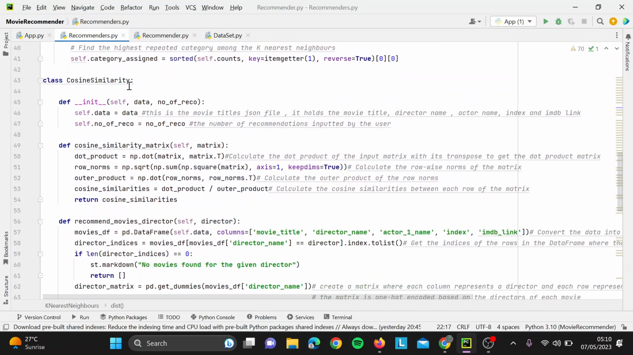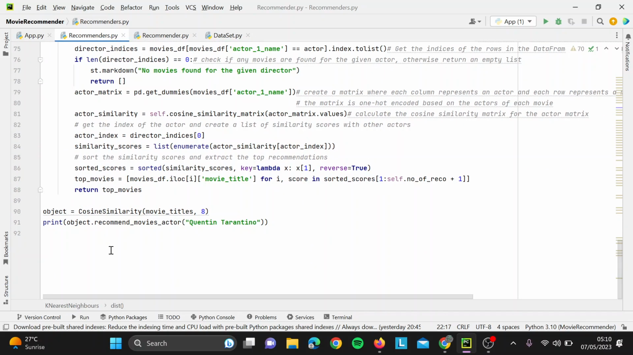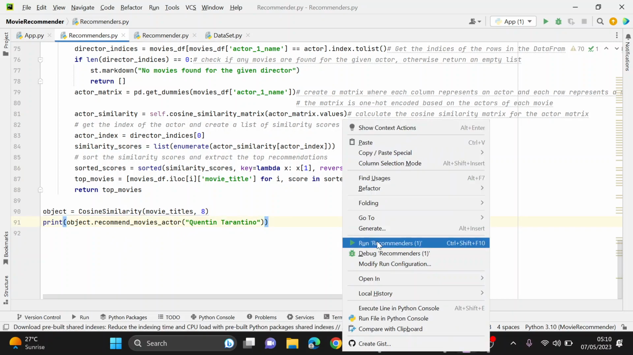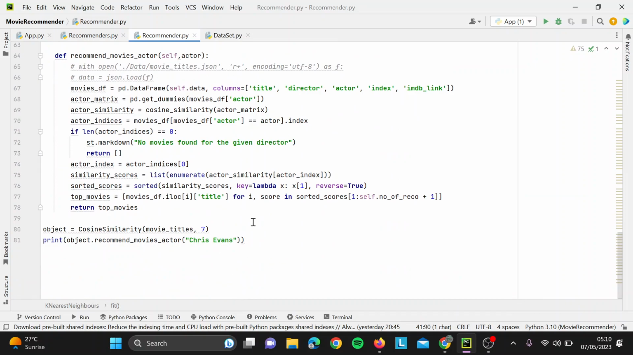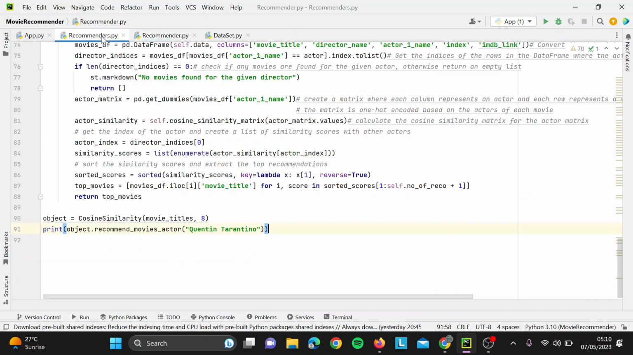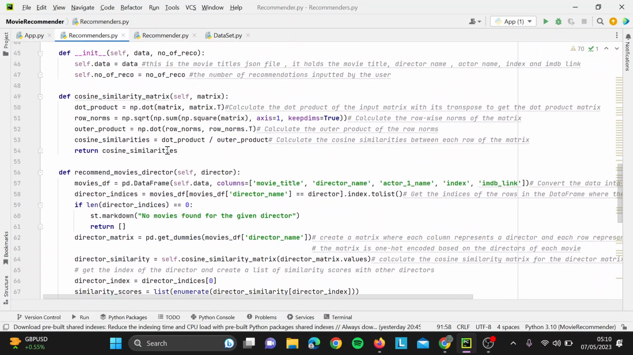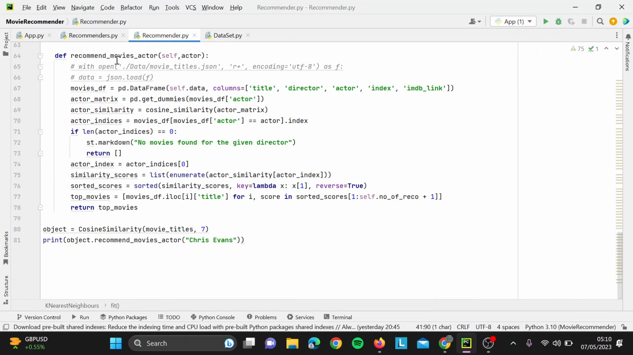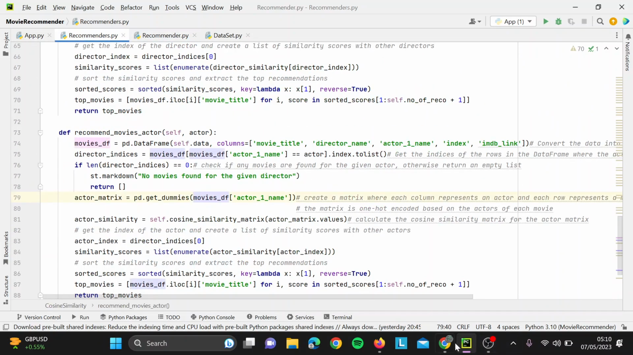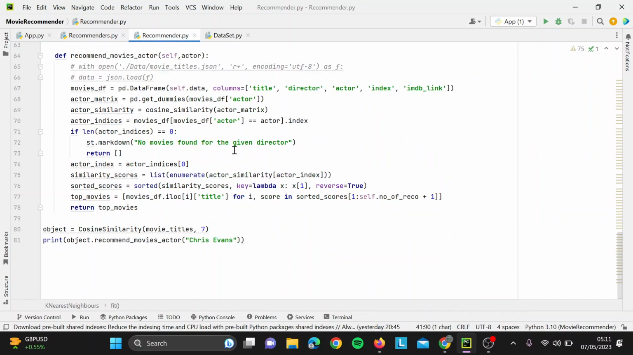But we can test the cosine similarities. Say I want to test Quentin Tarantino again for recommend movies actor. I want 8 and I want the movie titles for this. So I can just run recommenders. Sorry, one second. Okay, let's try Chris Evans, recommend movies actor. Not doing the other one because it takes a little bit more time, because I've hand coded that algorithm myself, whereas this one isn't. But I'm using this one for my website application. So if I run this,